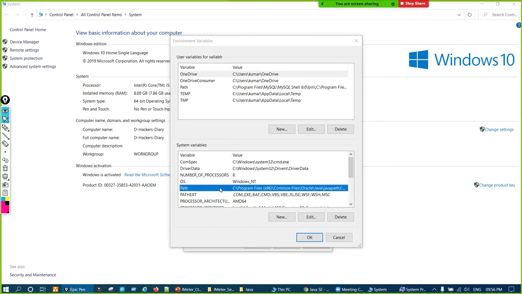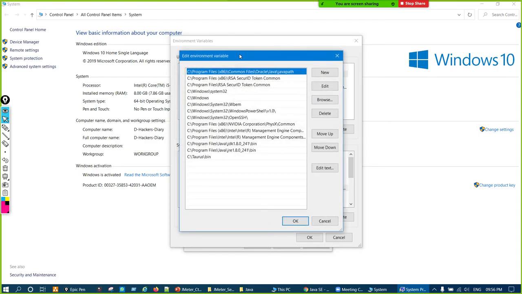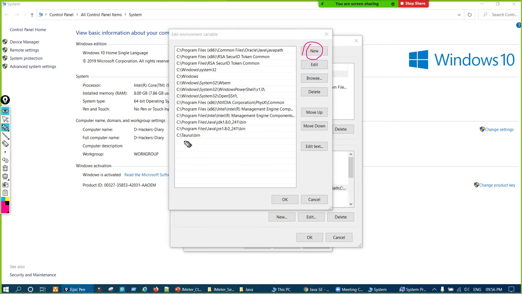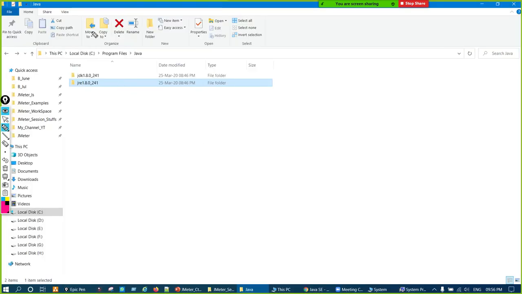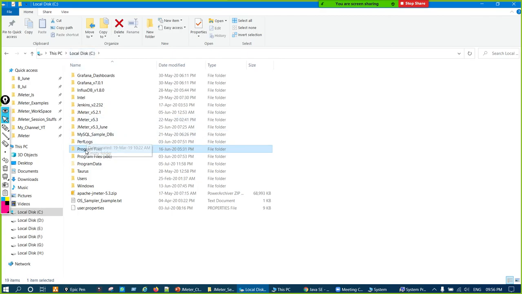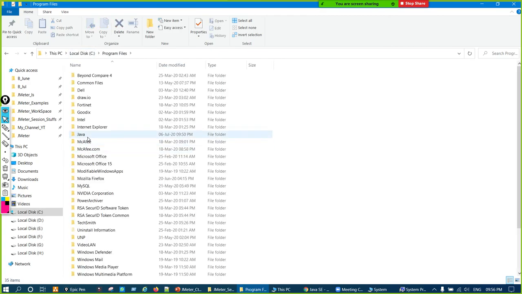Then in this window, click on New, so one line will be added. What we have to do: the Java that is installed is in my Program Files, in the C drive, Program Files, Java.